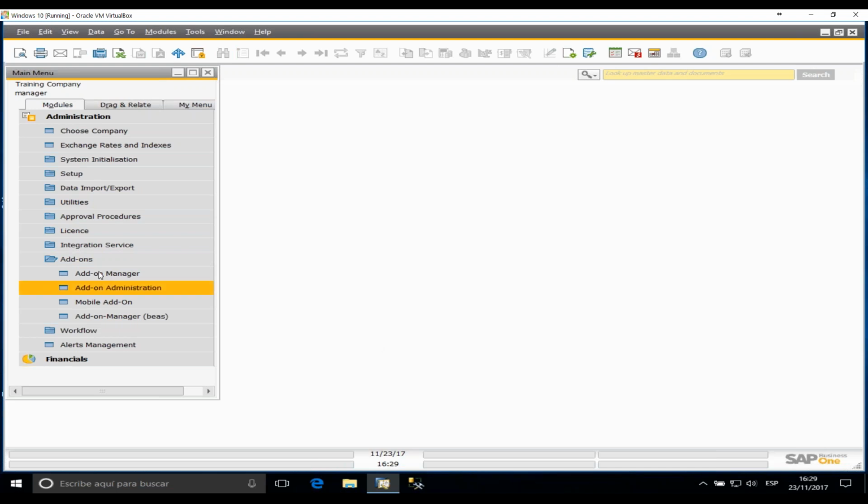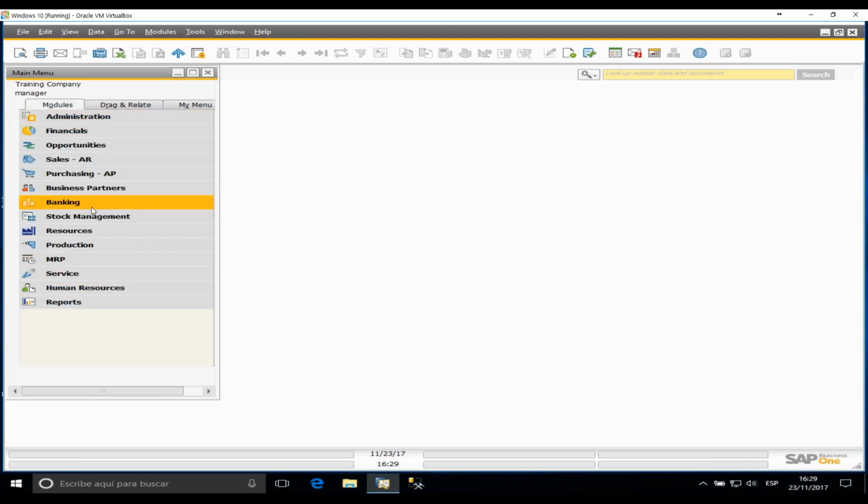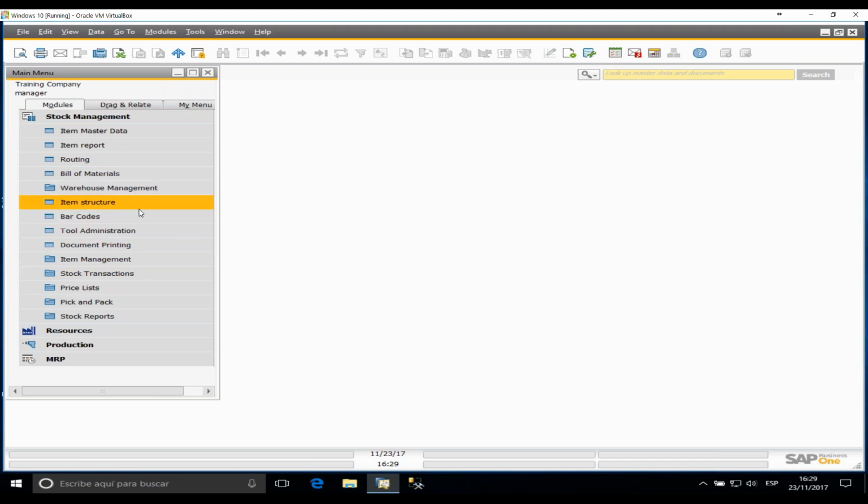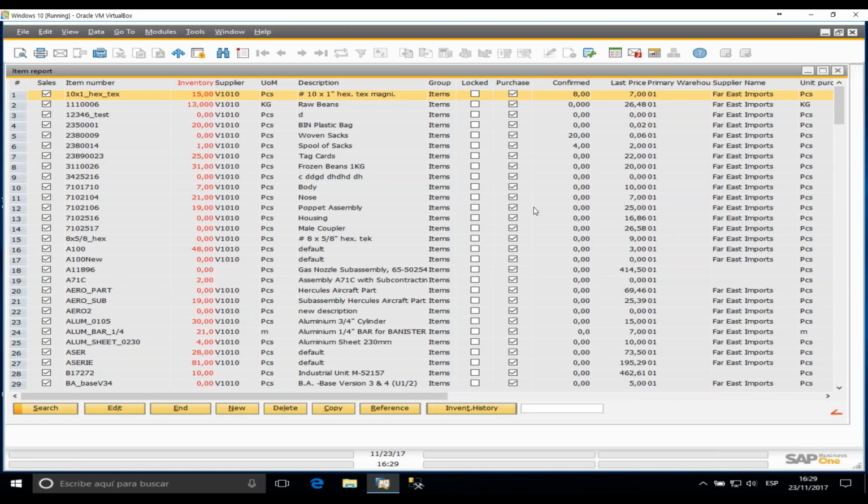Let's create a simple example of our Windows event. We are going to use, for example, the screen item report. And I want to create here in the item report a hello world message. As I mentioned, we need to place a customization in our screen. We need to catch an event of this screen. I'm going to take advantage of the event post open, which is after all the objects at the screen are ready. To do it, we need to go to the tools,